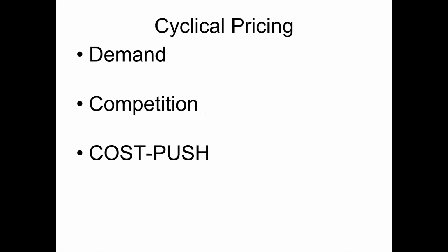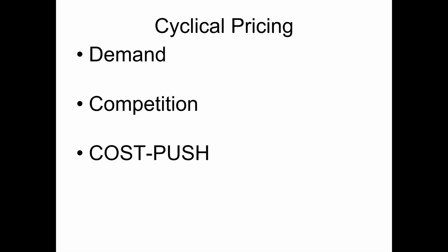Now, there are three things that impact this: the demand, the competition, and cost push. Let's understand them one by one. Of course, the demand for many products fluctuates according to the season. For example, fans, ACs, umbrellas, raincoats, etc. change according to the season. Commodities are divided into durable and non-durable goods. Demand for durable goods is elastic, and for non-durable goods or necessities, it is inelastic. So this is how cyclical pricing is determined.